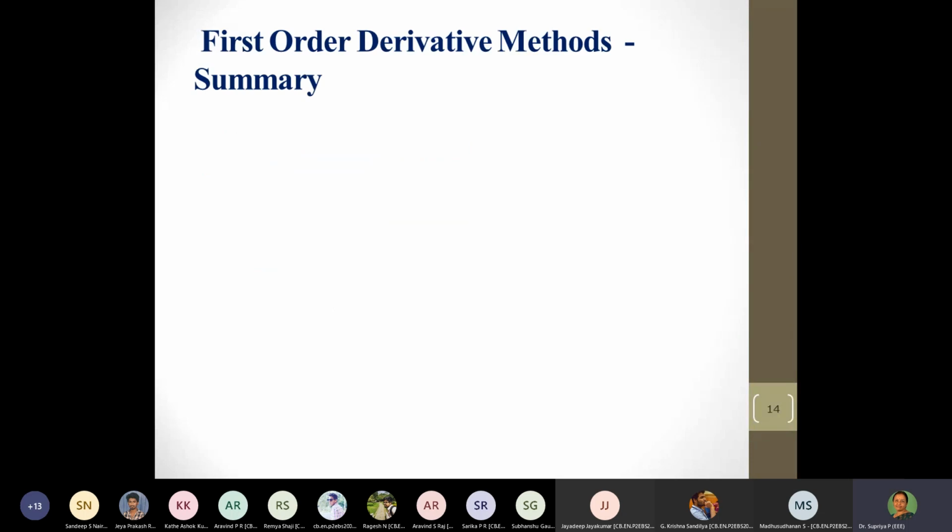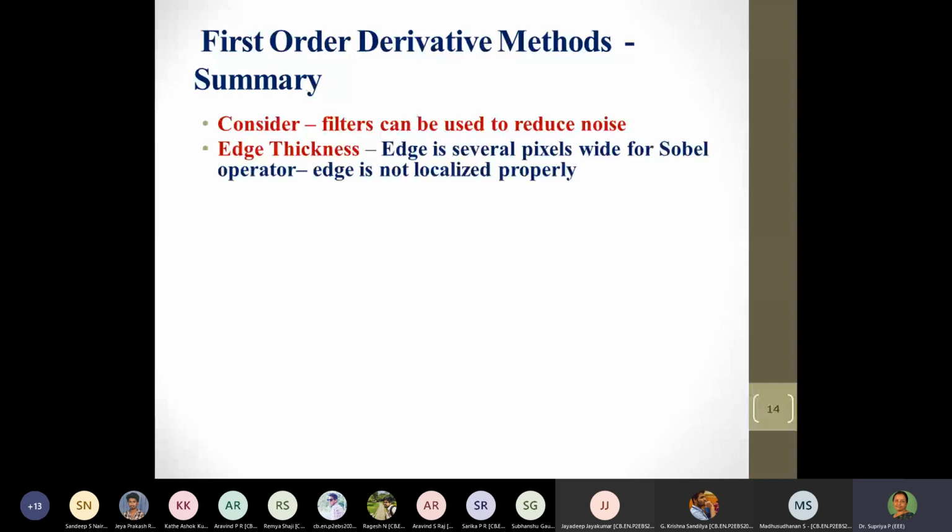So as we conclude the first order derivative, we will see that there are some limitations in this particular first order derivative. One such problem is that they can be used to reduce noise because that's what we said, it's a high pass filter. It could be used to reduce the high frequency noise. Another problem is that when we apply the mask to certain images, certain types of mask result in larger thickness than is expected. This is the best case that has been observed for Sobel's operator, where the edge thickness is increased.